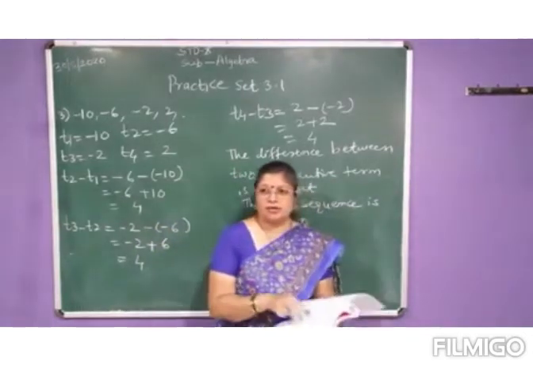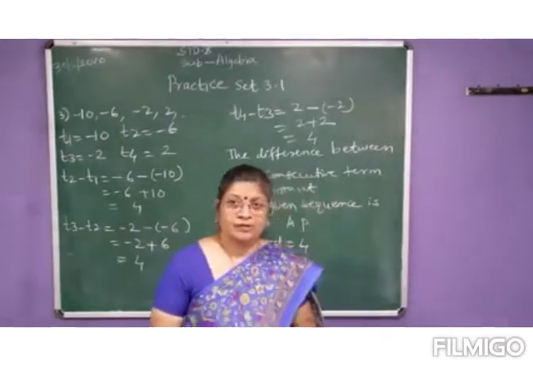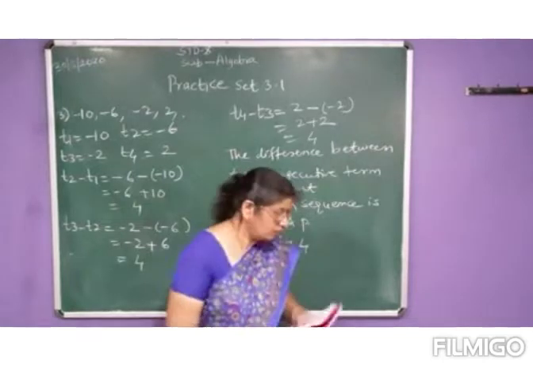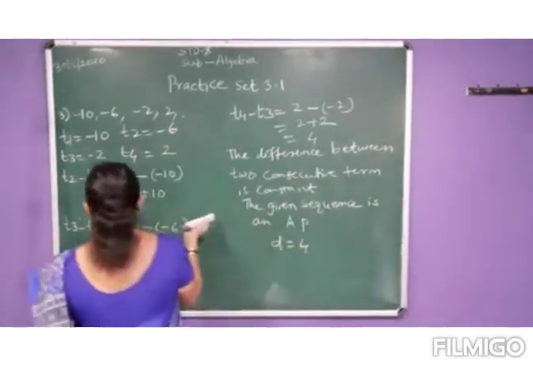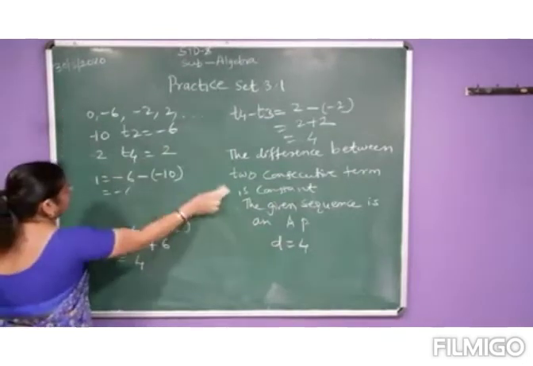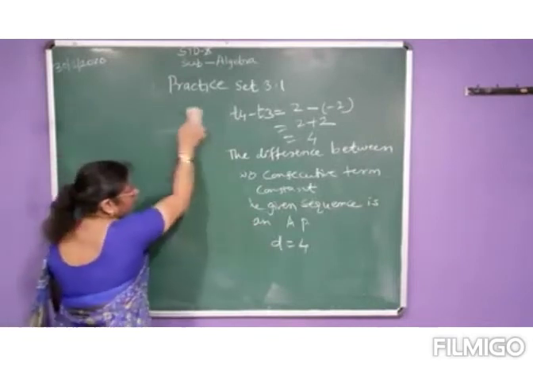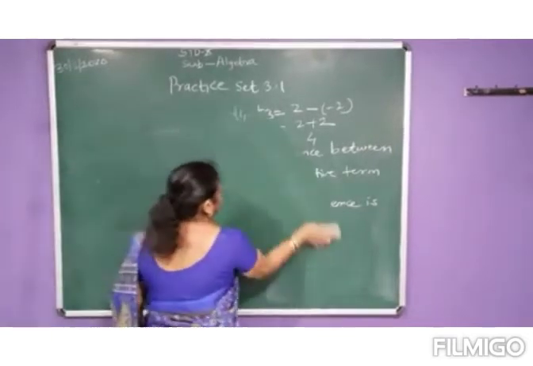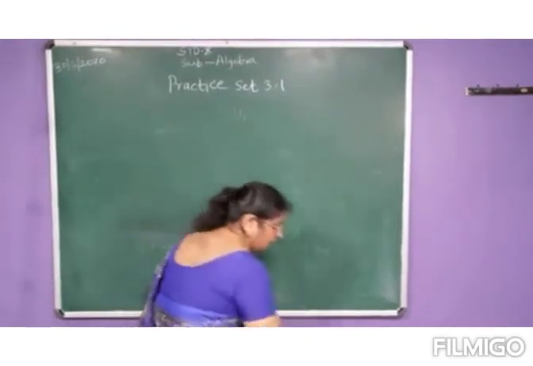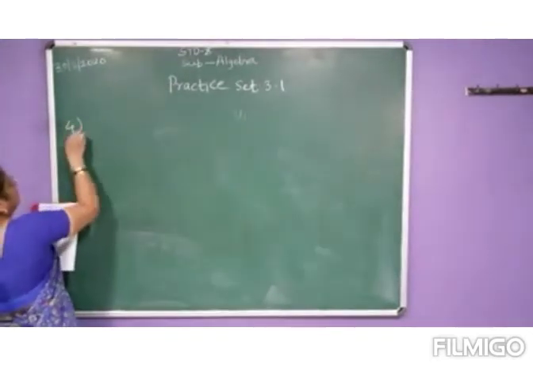What you will write? The common difference D is equal to 4. Now we will go for the fourth one. Okay, that is a little different question, the fourth one. Now have you understood how we have to go about this? The fourth one is in decimal form. If you see the sum in the textbook, it is in decimal form. You have learned how to do the subtraction of that. But be careful when you are solving such type of sum.